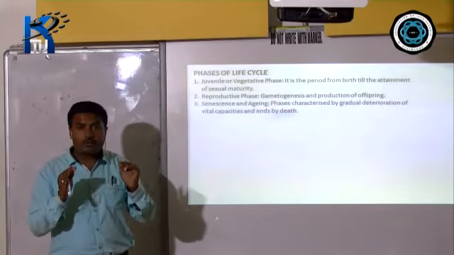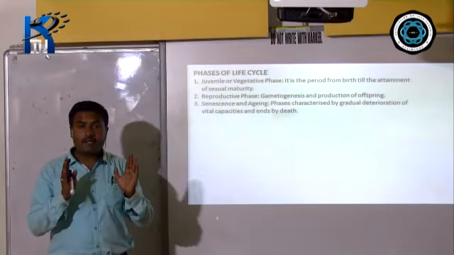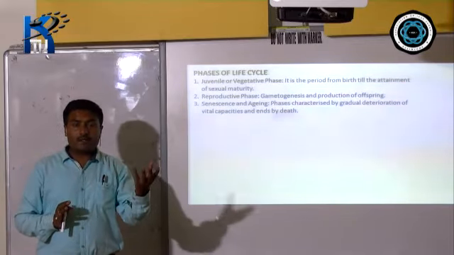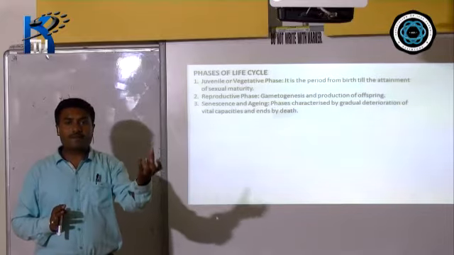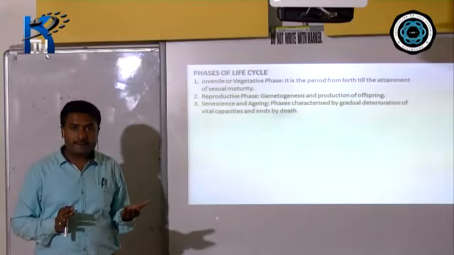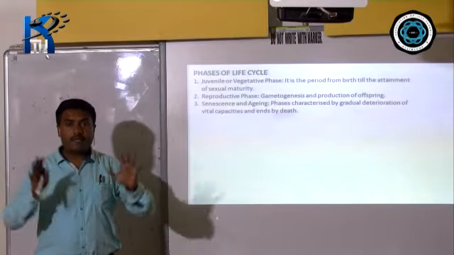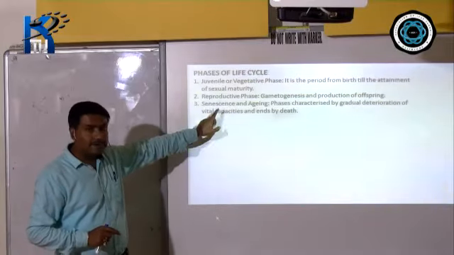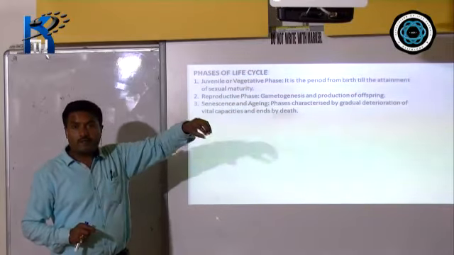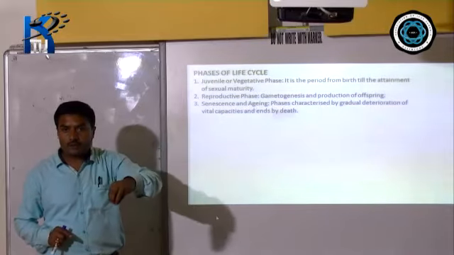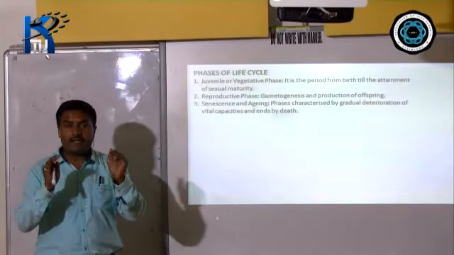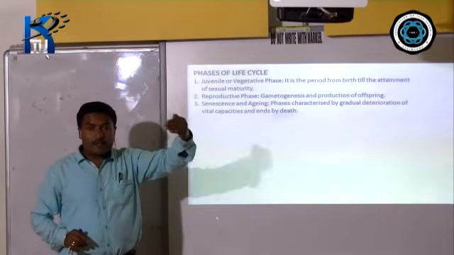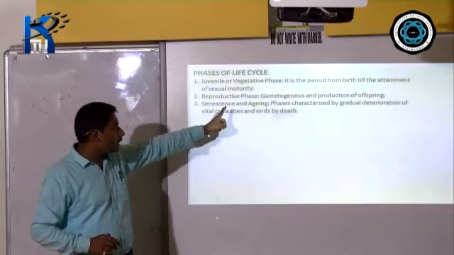The slowing down of any physiochemical event going on in any organism, whether it is a plant or an animal. If it is a plant, for example, the production of fruits, flowers, seeds slows down. That is senescence. Similarly, in human beings, each and every activity of the body slows down. That is called senescence. And finally, when there is a complete stoppage of all this production, all the physiochemical events finally come to a stop, you use the term aging. That means the last phase of senescence, you call it aging.